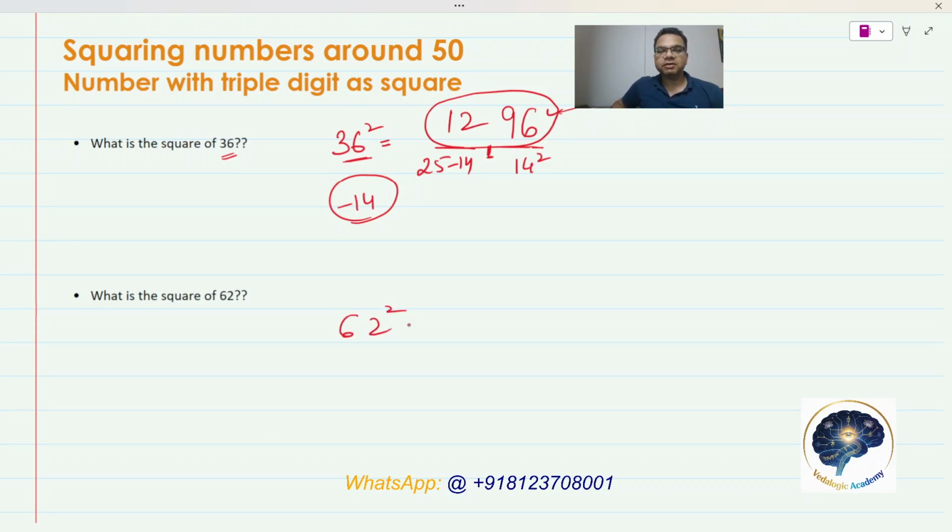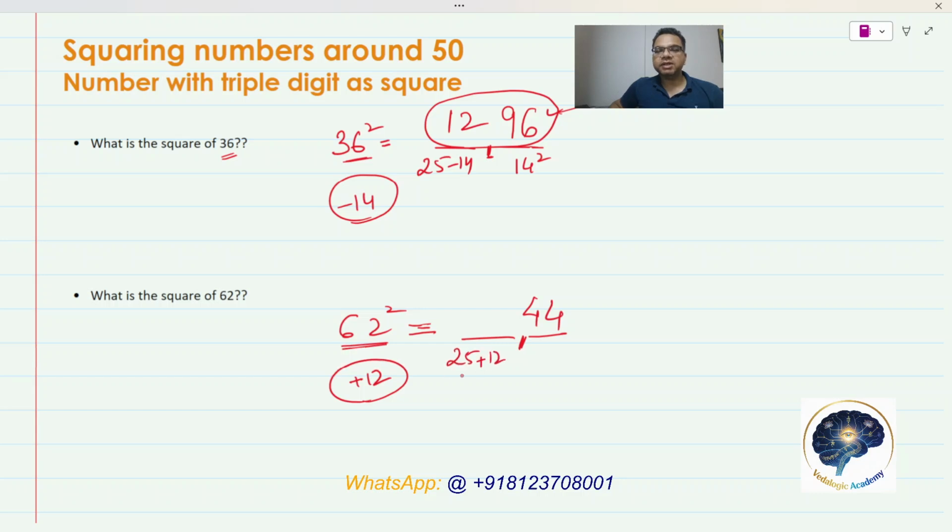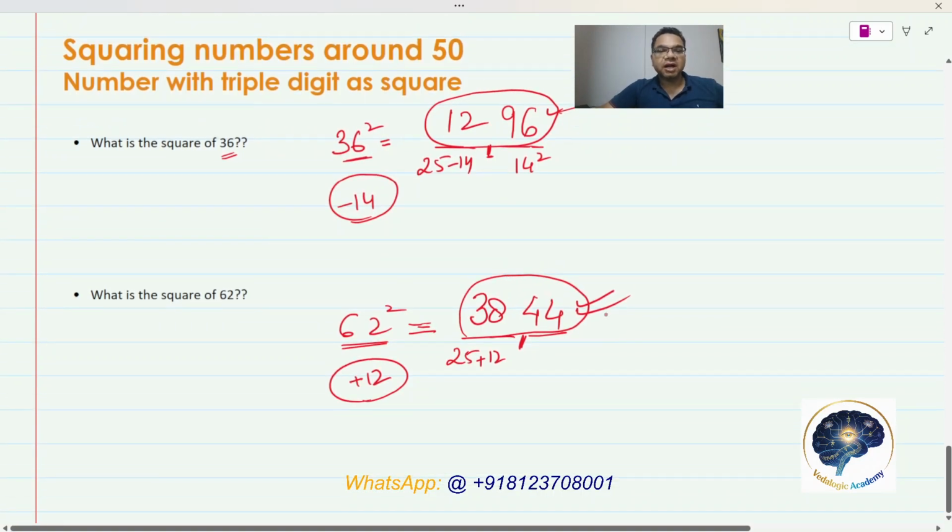Similarly, if you see 62, we have to find the square of 62 here, right? Again, same method you can apply. Do you want to tell me what is the answer before I do it here? Okay, so difference between 62 and 50 is plus 12. So 12 into 12 is 144. So I'll write 44 here and 1 as carry. And for the first part of the answer, 25 plus 12, which is 37. 37 plus 1 is 38. 3844 is our answer. So for numbers which are between 30 to 70, you can easily find the squares of